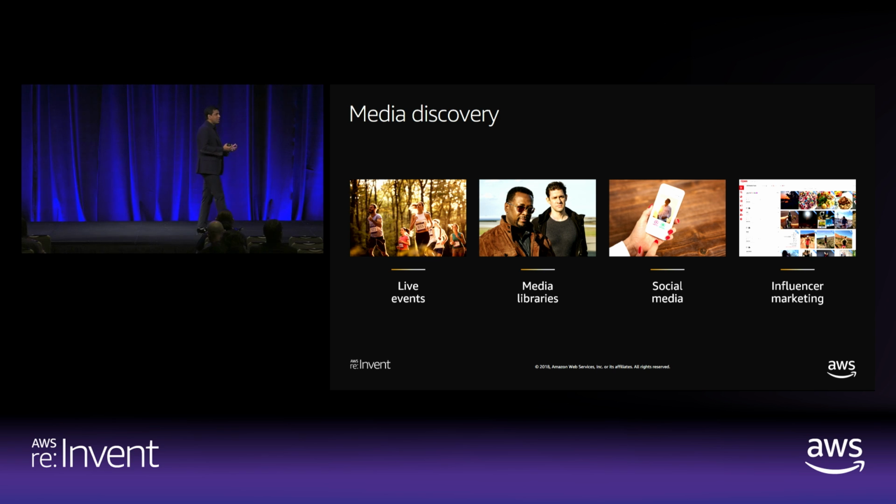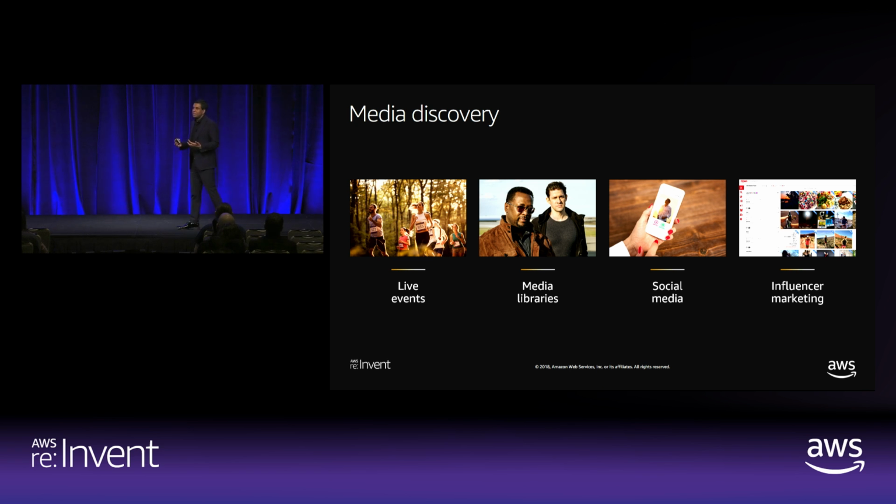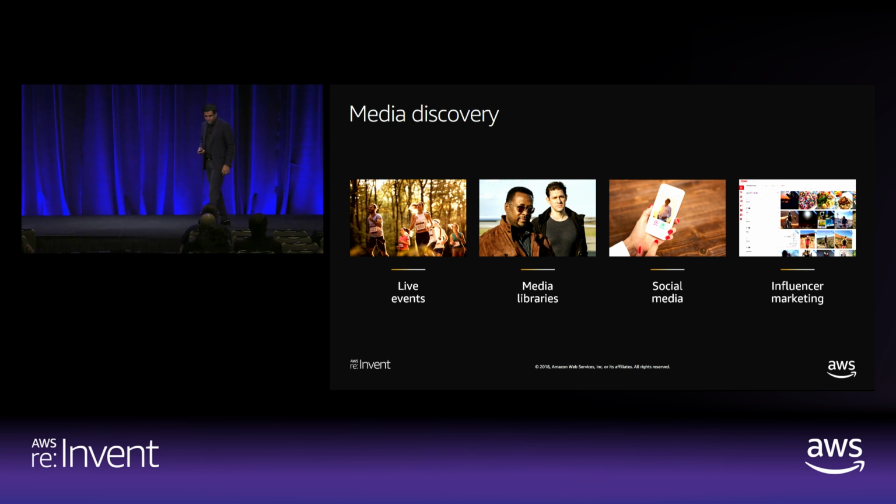Whereas with Rekognition, once you pass these images through Rekognition and get the tags, now all of your images are related to running, so you could do a much better placement and much higher engagement and much better return on your investment in these ad tech spaces. And that's what influencer marketing is trying to do.